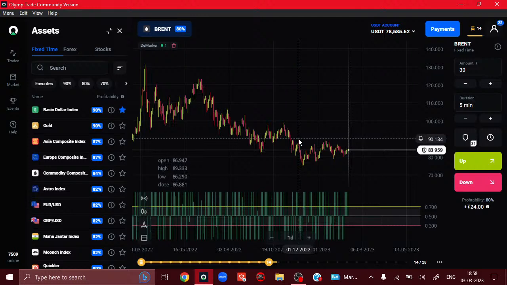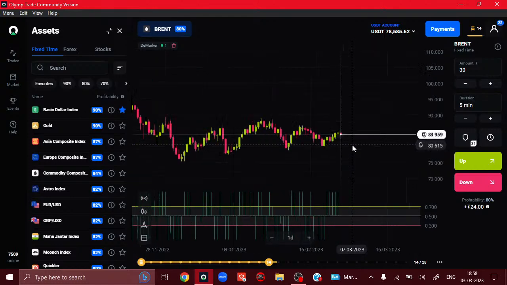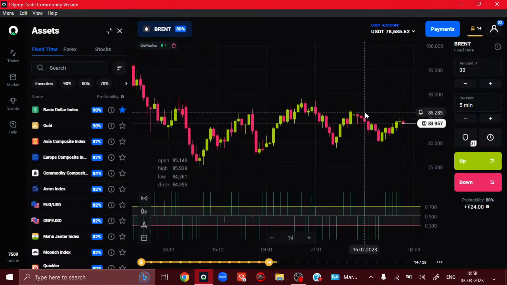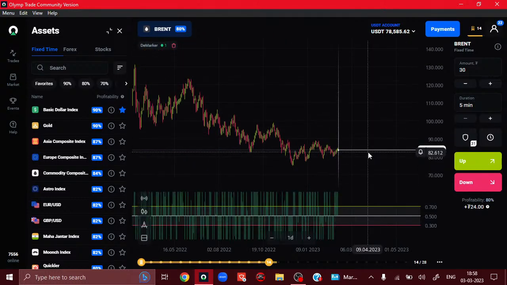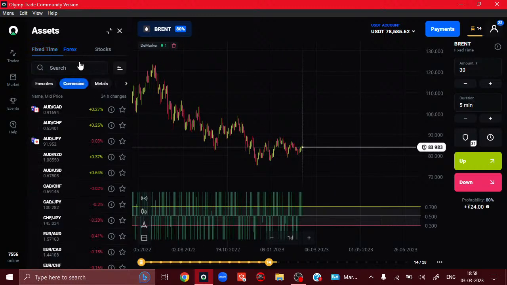Also, in the Brent, it is a pennant rather than a rising wedge. Still, it is a potential upside movement. As soon as the 87 or 89 level breaks, we will see a sharp movement. First this level, then 89. These are the two levels after which it will give a sharp breakout. I'm also planning to take a trade in Brent, so